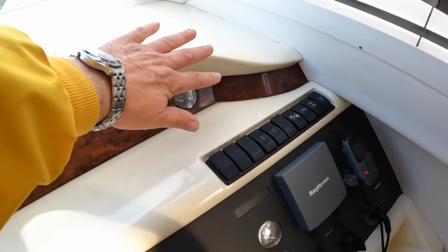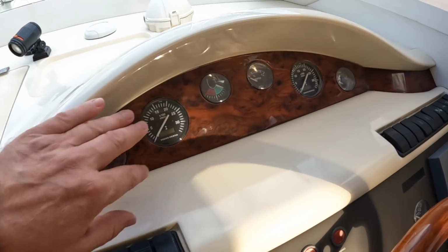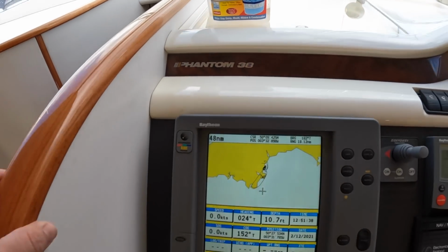And I love the way they've done this with this curve. And again, very much of the era, this sort of walnut dashboard, all very Jaguar, isn't it? And the Phantom 38 logo over there. Now, if we head on